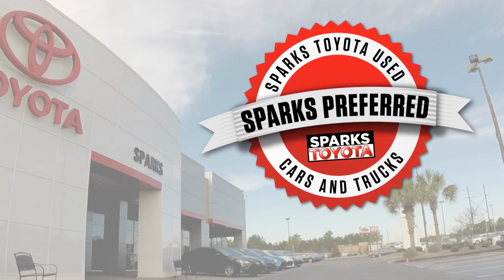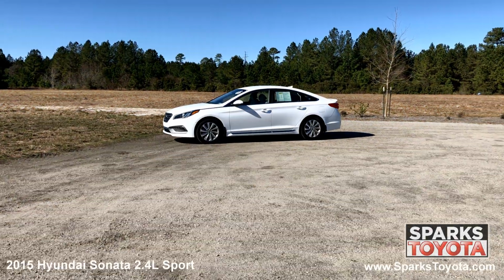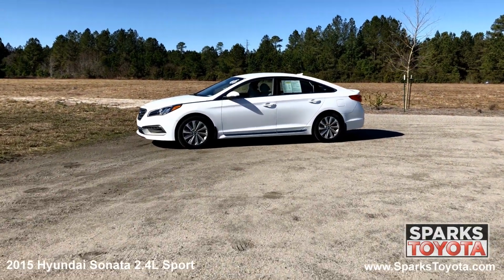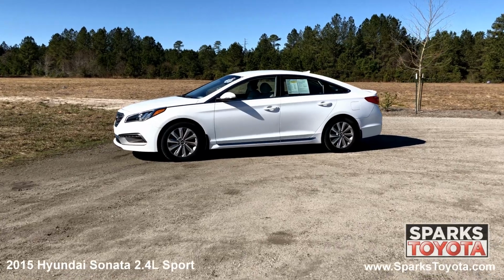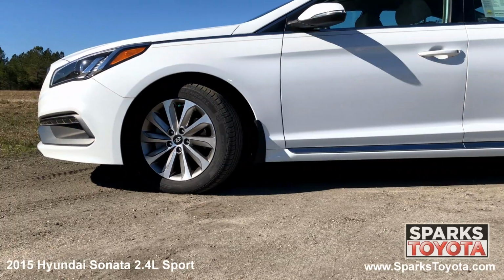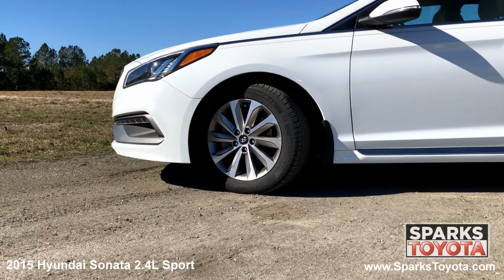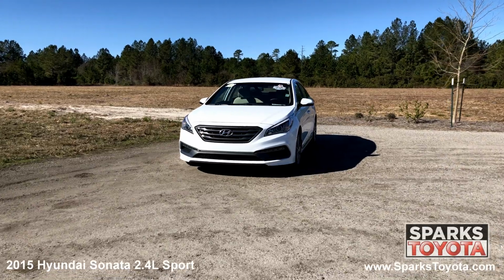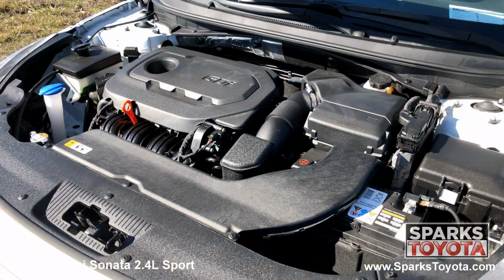Welcome to Sparks Toyota. Here we have a 2015 Hyundai Sonata 2.4-liter Sport. It has a clean one-owner Carfax and comes with power heated mirrors with signals, chrome trim, lightly tinted glass, and much more. 17-inch alloy wheels, performance tires, speed-sensitive wipers, fully automatic daytime running headlamps with delay off, and a strong